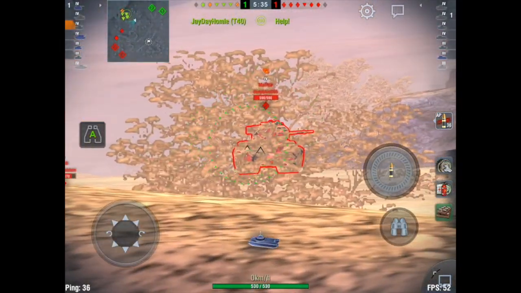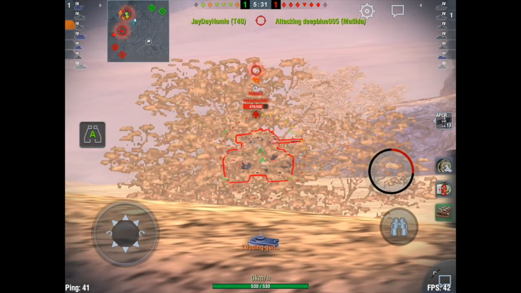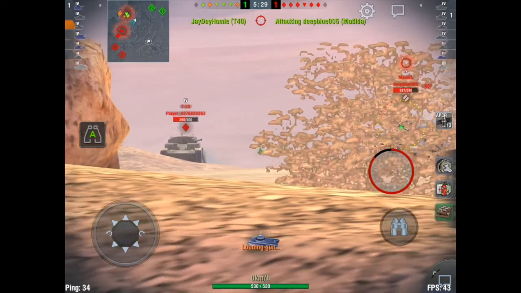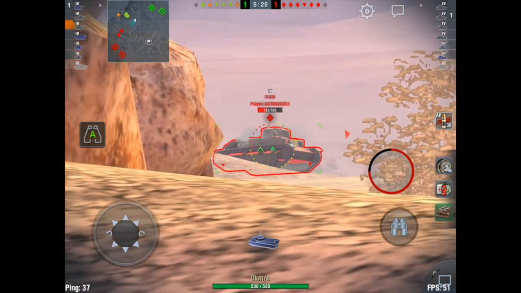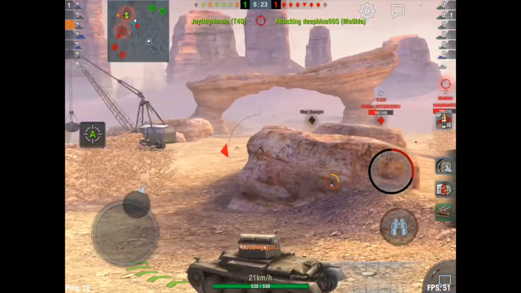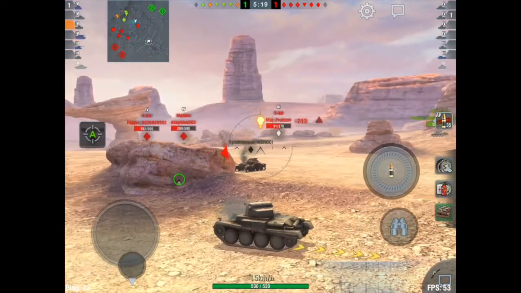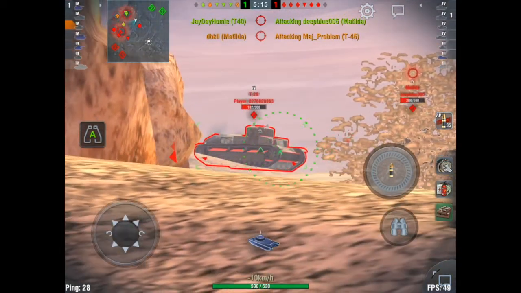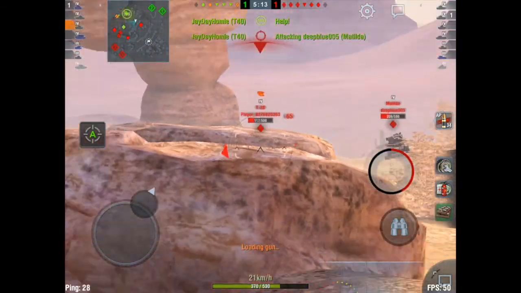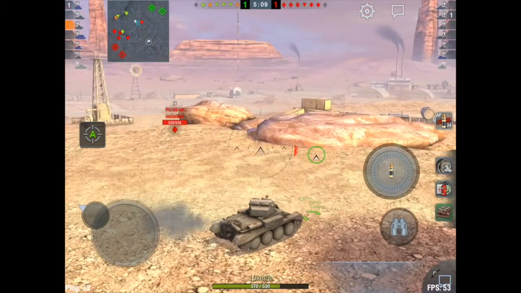So I find myself up against a Matilda. That's hard to penetrate even with APCR. Much easier target in this T-28. Donked a shot there. Notice there's a tank sneaking up on the left. Not getting any shots except, oh, here we are on the T-28, but that was a shot trade. And there is another